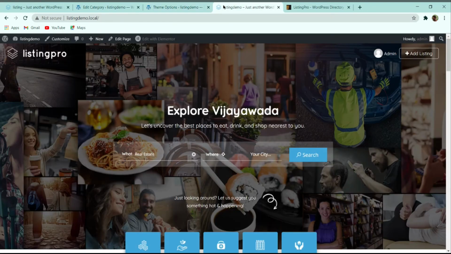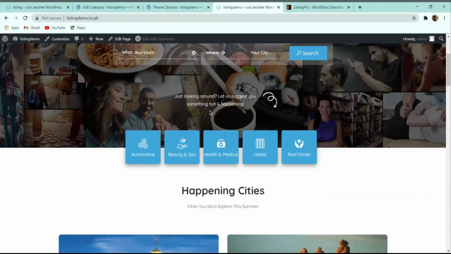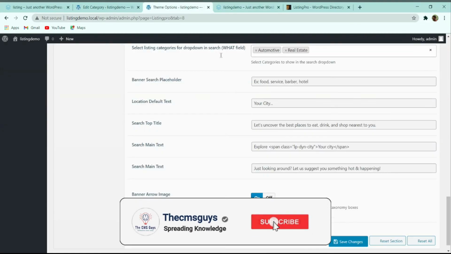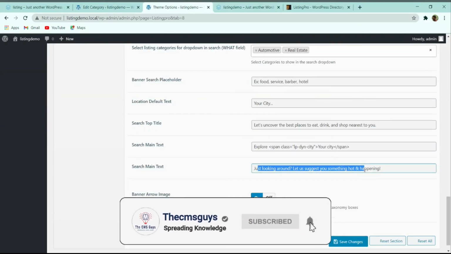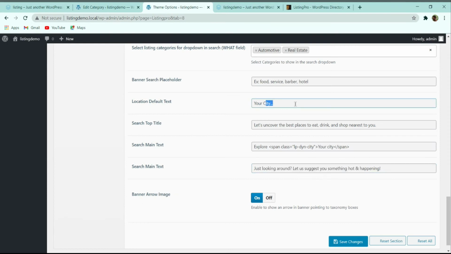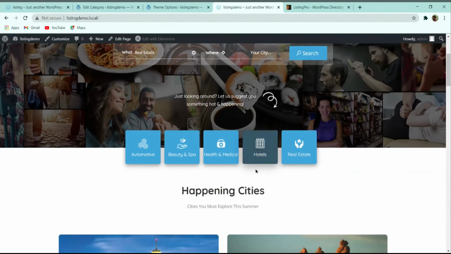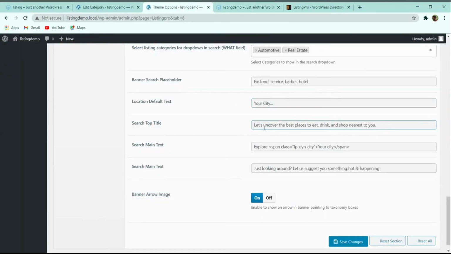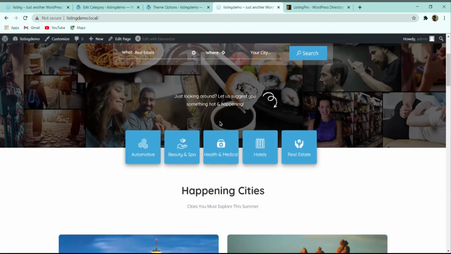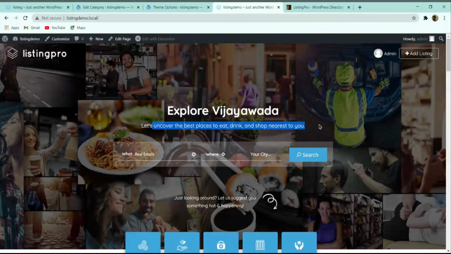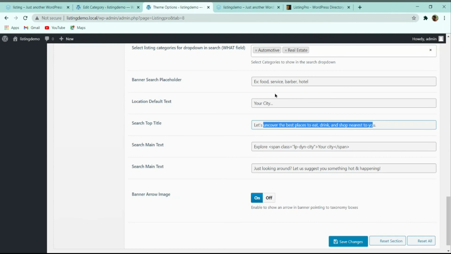After that, all the text, like explore Vijayawada, let's uncover, just look around, let us suggest you something hot and happening, you can change all this. Your city, everything, you can change from here. Suppose you want to change, let's uncover the best places to eat, drink, shop nearest you. You can change it from here.